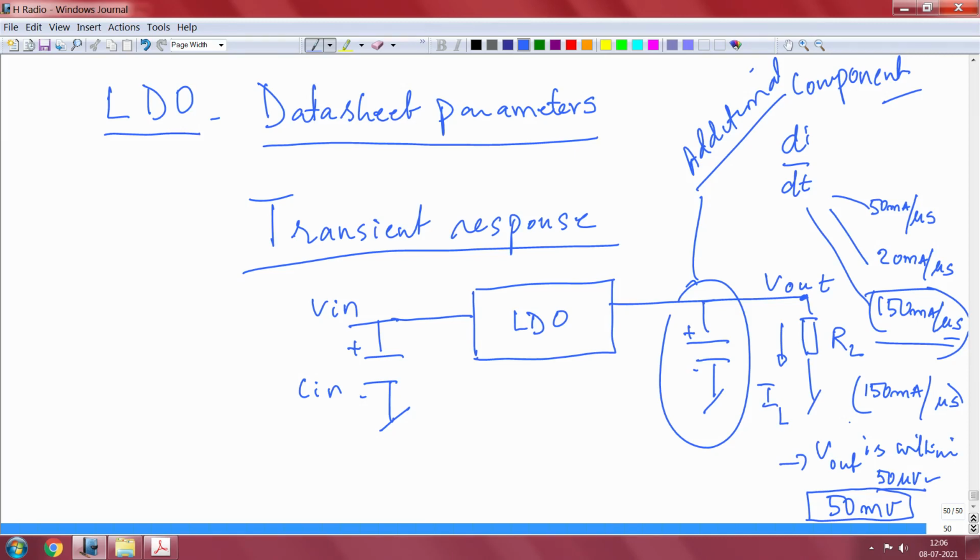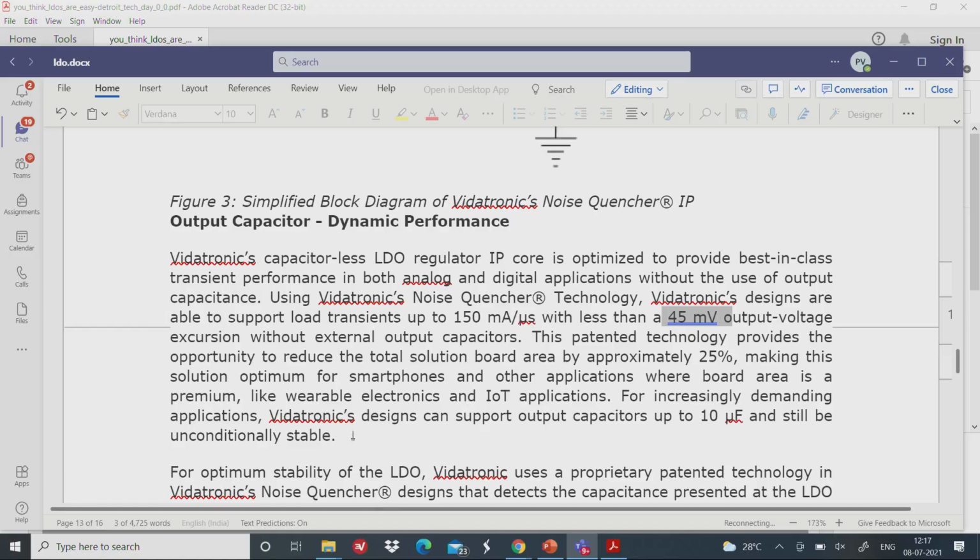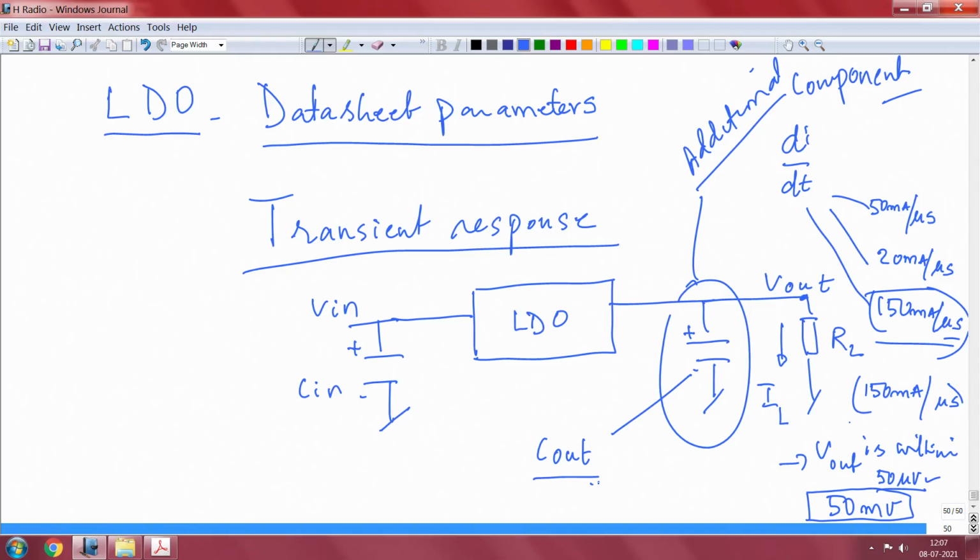A change of 50 millivolt will be quickly offset, but again it depends on your application. So what is very important is it may not impact so much, but it may also depend on your application. Now to ensure that the current transient will not matter too much for your output voltage, you have to choose the C out capacitor accordingly, so that it is able to deliver that power instantaneously. All of this has to be borne in mind.